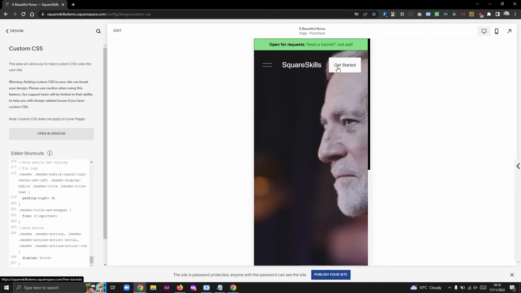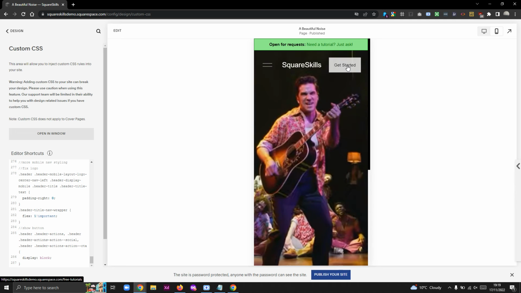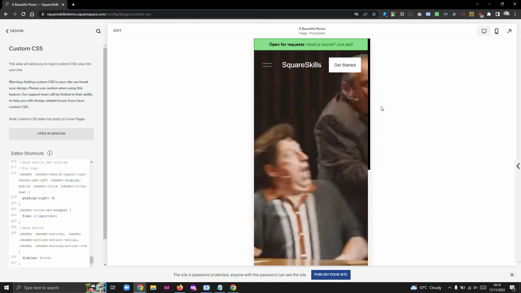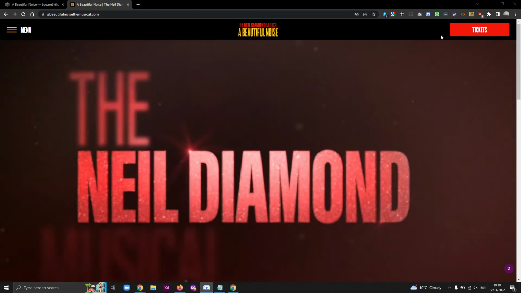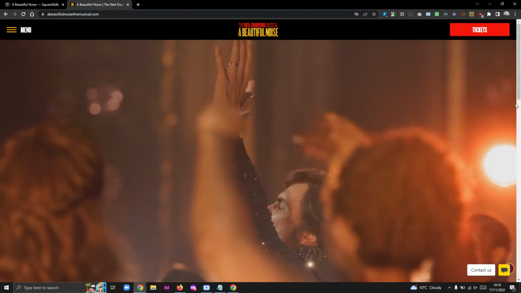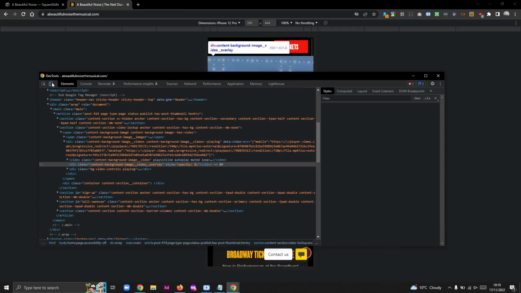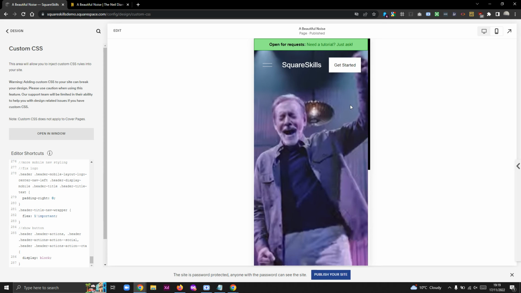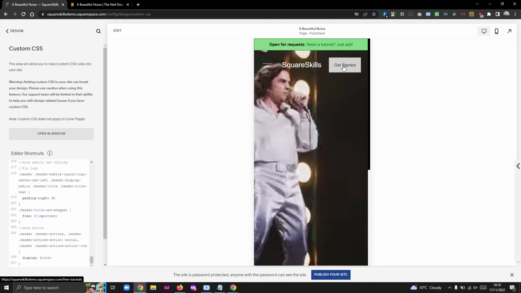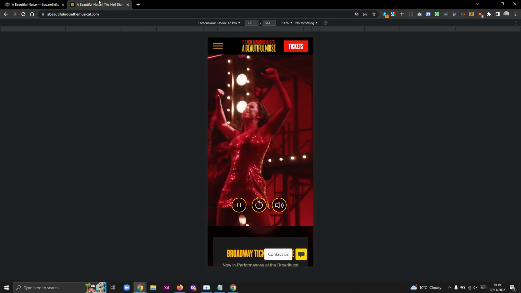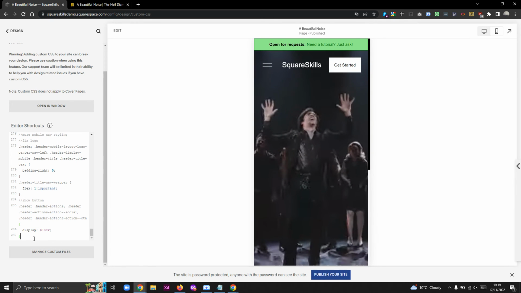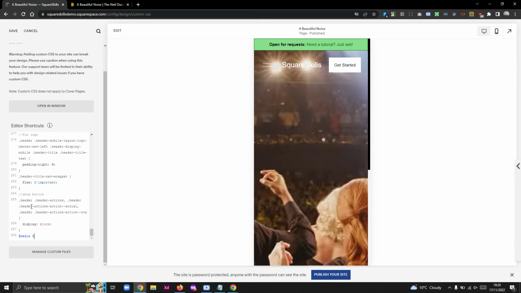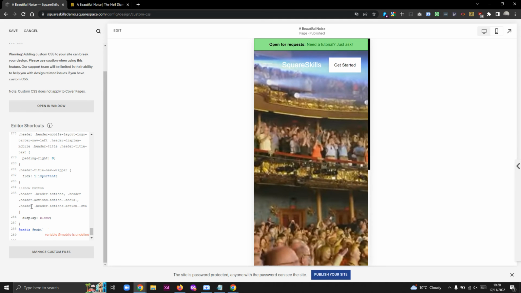Now, this is a little bit uglier than we'd like because that get started button is pretty clunky. But if we look at the site for Beautiful Noise on mobile, it was just one word. It was tickets, which makes it a lot easier to fit in. And the button wasn't as clunky. So we can just fiddle with the button stylings there if we really want. Because this is the mobile version of the same button,